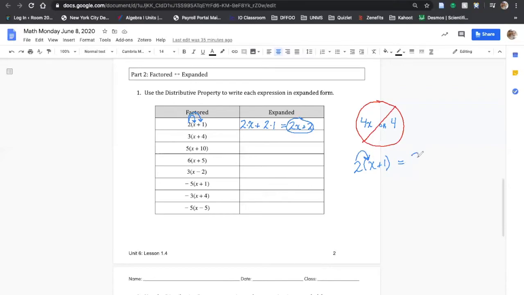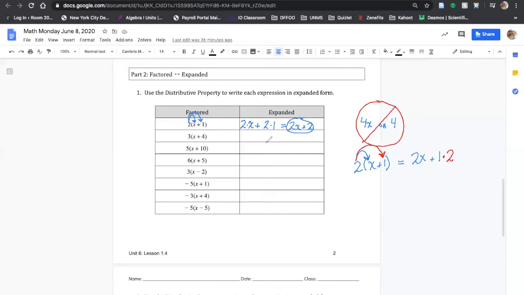So they'll say, okay, so 2x plus 1, that's it. But the key thing that they forgot here, which a lot of students are going to end up doing, is they forgot this second step of multiplying the 2 times the 1. So to fix this, it'd actually be plus 1 times 2, right? This here is what was missing. So be careful. You always multiply what's on the outside of the parentheses by both terms inside of the parentheses,